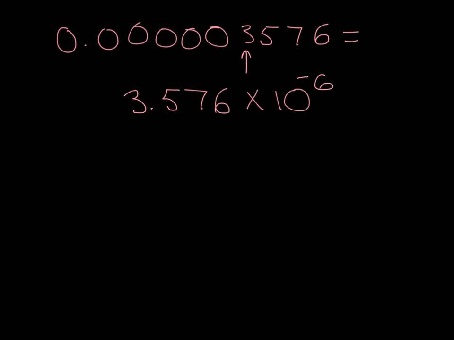Okay, so from here, we also have to learn how to go from scientific notation into standard form. So let's take a look at an example of that. In scientific notation, if we have 3.253 times 10 to the 6th, and we want to change that into standard form, we're going to write those digits,